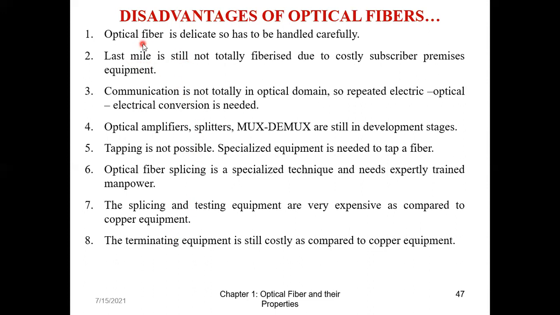Okay, so as we had said, it is small in size, light in weight. So that makes one disadvantage, that it is delicate. Okay, so I have to handle it carefully. When I fabricate the fiber, I have the core just 12 micrometer in diameter, so I have to put down the cladding, then the jacket, then a series of protection. So when I'm handling the fiber, it is delicate. That is one of the disadvantages.